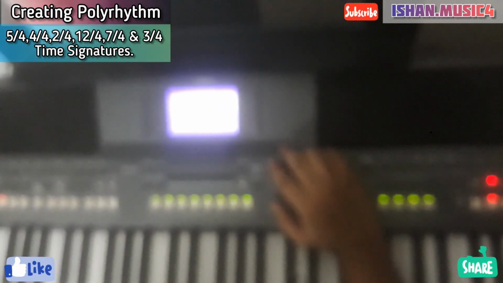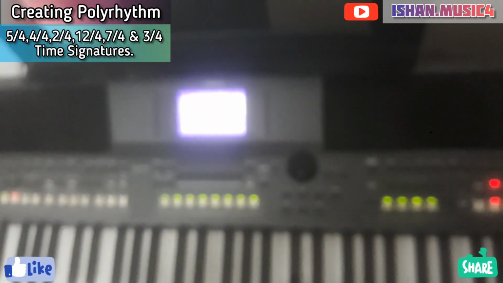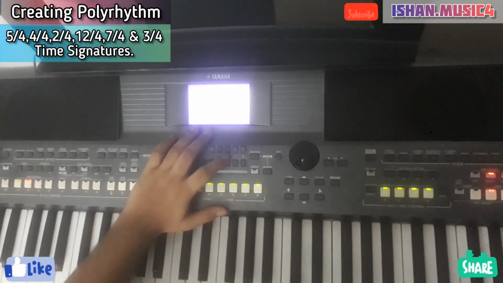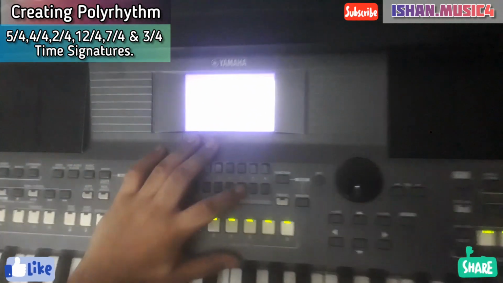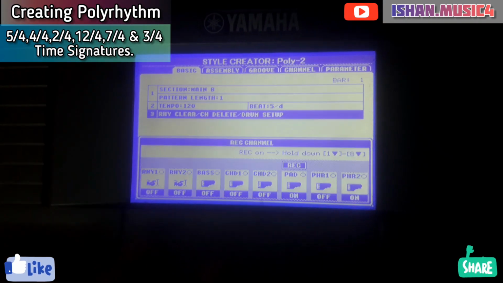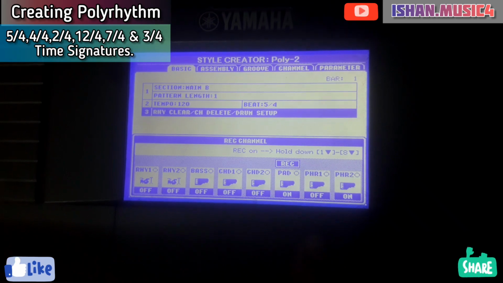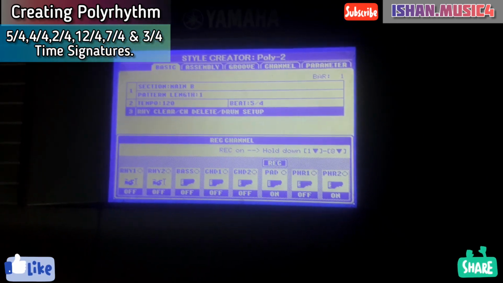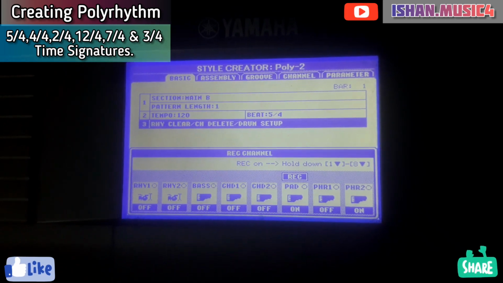completed our whole polyrhythm. Now I told you that we will record a 12/4, so we'll do that. But if you want to create a 9/8, then also you can do that. What you will do is that we have already got 3 beats in the phrase 2. So what you will do is that you will play a triplet with every beat. So 3 into 3, 9, you will get 9 beats.